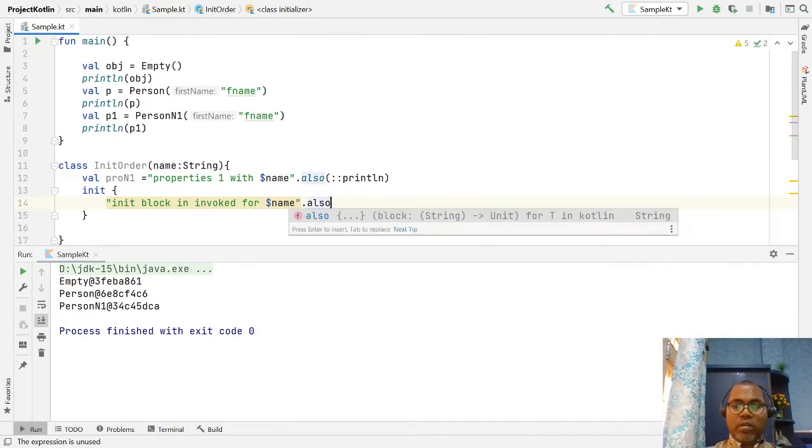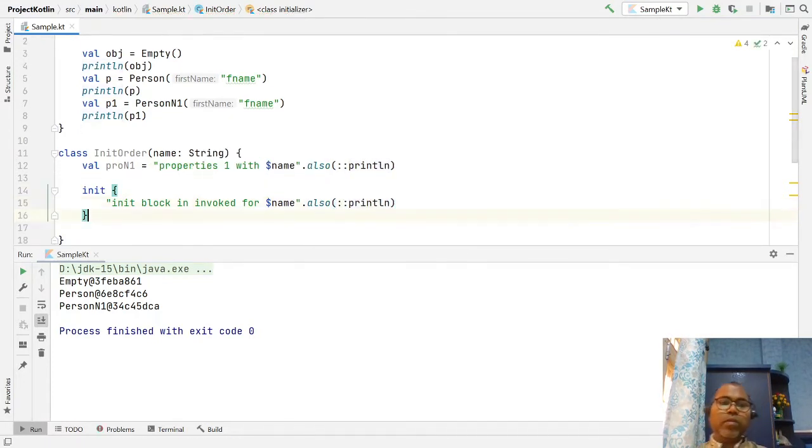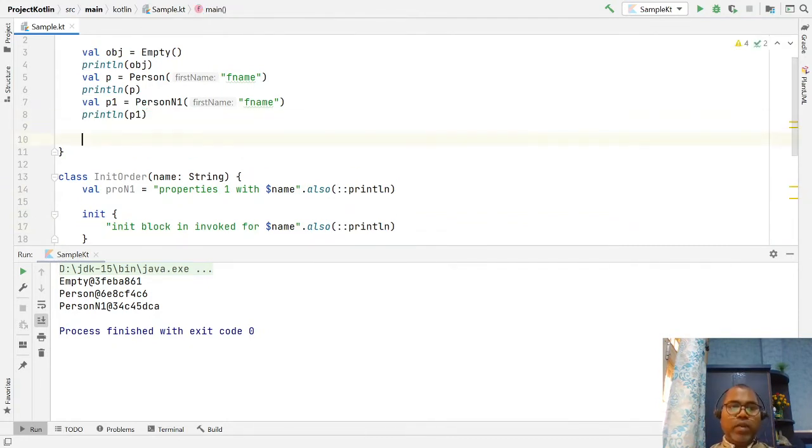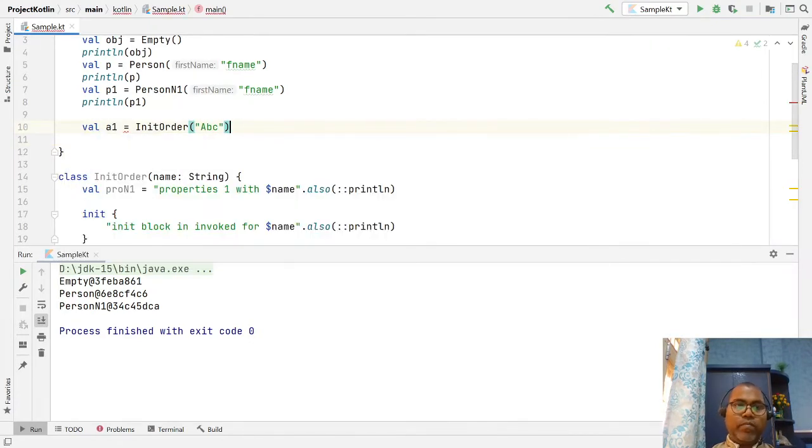Also print. So in this way we have the option to create and invoke the object, like a1, and then println a1 dot property.